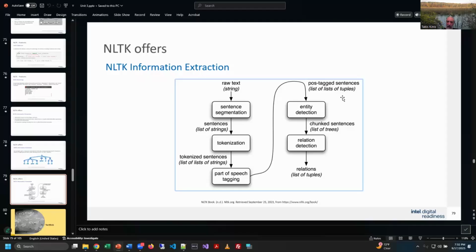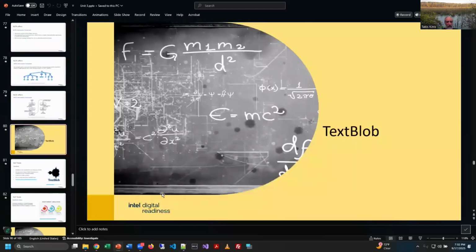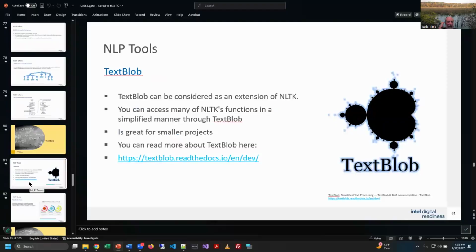Then we have what they call entity detection from the chunked sentences, and then we can start to relate those words to concepts, and the relations, notice, form a list of tuples. Remember, tuples are like lists, but they're immutable. We can't change them, right? So once they're broken down into the raw relationships, you can't change that information. So that's part of how it does information extraction from a high level.